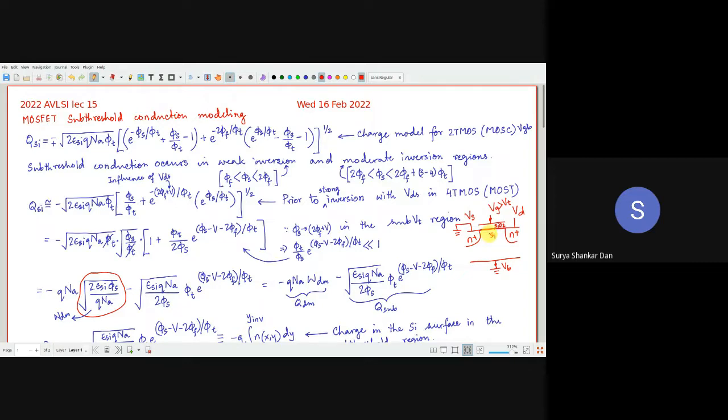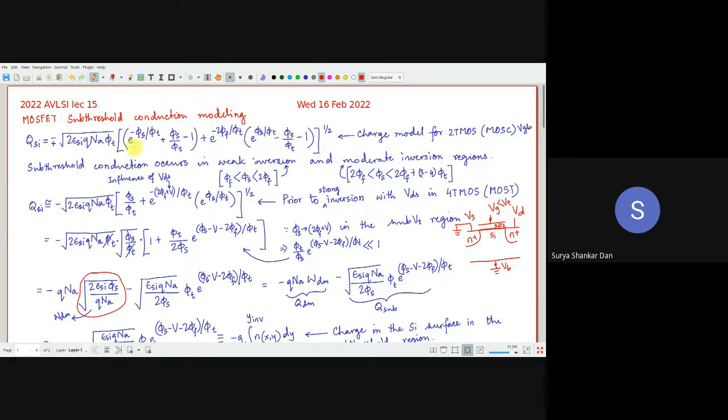So when there is no channel formed on the surface, we will first try to figure out what are the charges introduced into the surface if the VG is less than VT. But you have got a sufficient amount of VDS voltage anyway. The derivation of this is beyond the scope of this course. All that physics is there in the PMMD lectures, so those of you who are interested to revisit that are always welcome to visit the YouTube channel. Here I will just explain what these terms are.